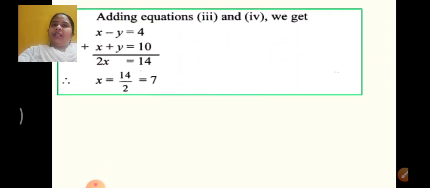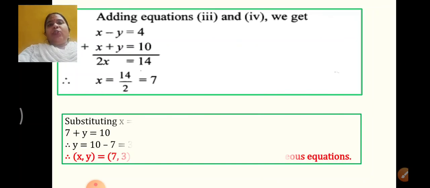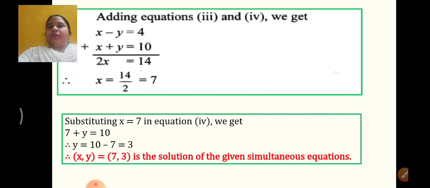I come to the last part of the sum. Addition is over, subtraction is over. Now addition again. So adding equation 3 and 4, plus y minus y will get cancelled. X plus x is 2x, 4 plus 10 is 14. So automatically x will be equal to 7. One part of the variable, one part of the answer I have got. I need y also. So I can substitute in either equation 3 or equation 4 and get the value of y. I am going to substitute it in equation number 4. Okay. So y will be equal to 3.